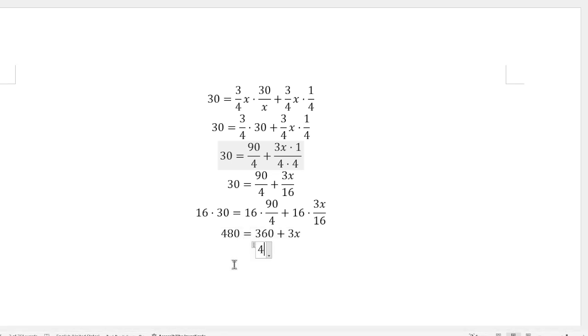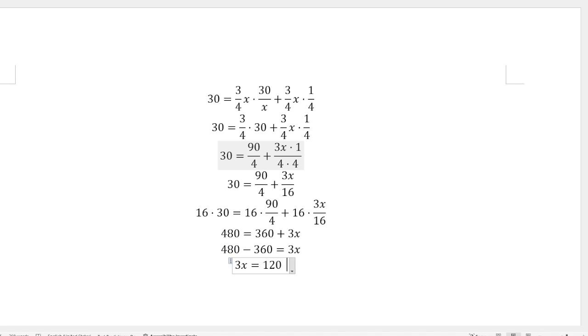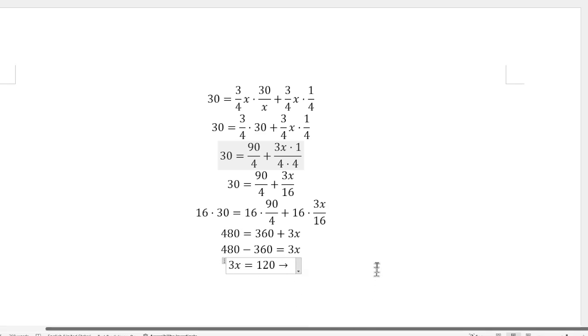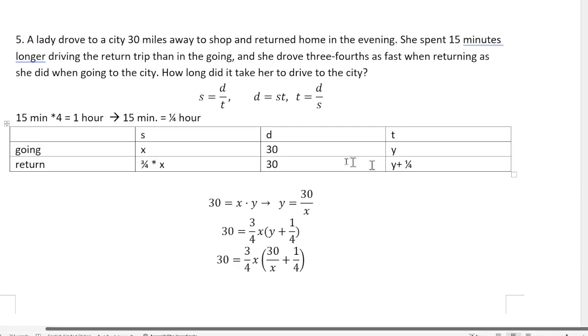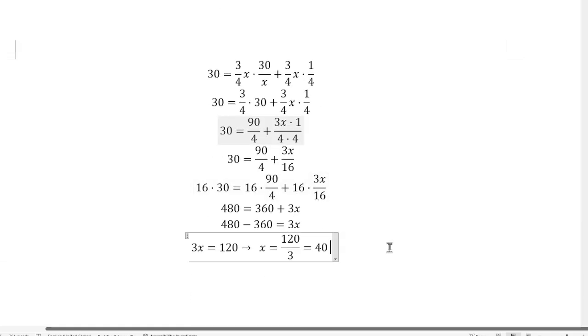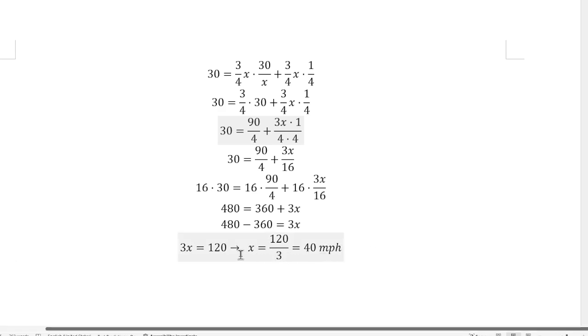If you subtract 360 both sides, you end up with 3x being equal to 120. And if you divide by 3 both sides, you get x equals 120 over 3, which is equal to 40. So we know that since x is the speed, it must be 40 miles per hour. Okay, so x is 40 miles per hour,